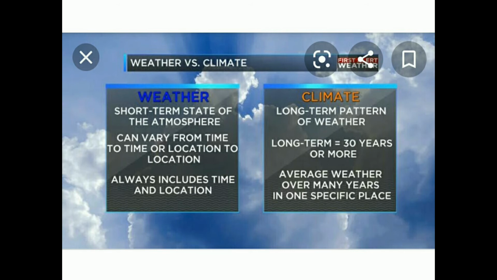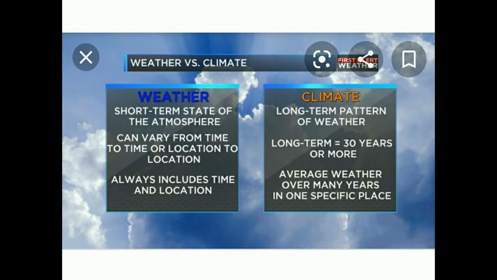And what is weather? Weather is the atmospheric condition changing from time to time. Now it is too cool. After some time it may be rainy also. After some time it may be cloudy. So this is called weather. Weather will be short time. It won't be a long period of time. It will be changing continuously.